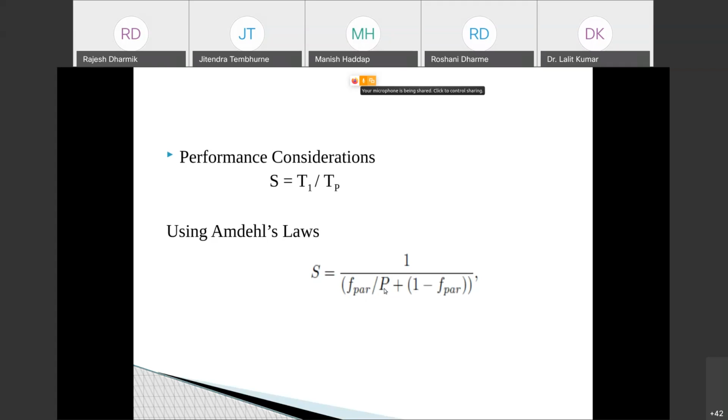So if we take an ideal condition that this particular code is parallelized completely, the speedup will be the number of processors, because this term is going to become 0. 100% of code is parallelized, so F par is going to become 1, so this is 0, and P will go up, so speedup will be the number of processors. But that is not going to happen. The complete code we will never parallelize, only part of the code we will parallelize. Fine. So now moving further,